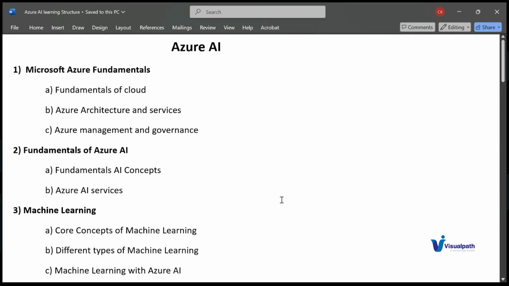I want to know about how Azure AI works. Basically, what I can tell you is that when someone is hiring you, they will hire you as an AI engineer. What these AI engineers do in the real world is train their models using one of the clouds, either Azure, AWS, or Google Cloud. So they don't particularly hire for Azure AI, they hire for AI engineers. Within the AI engineer role, Azure AI is one of the skill sets.